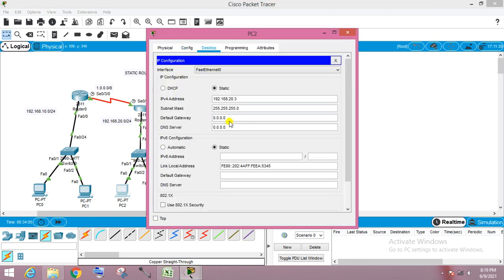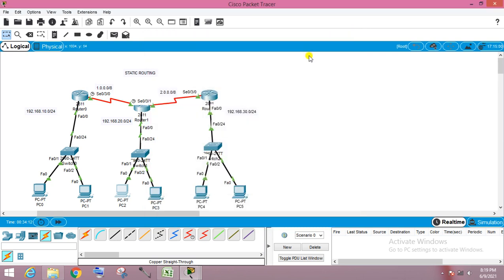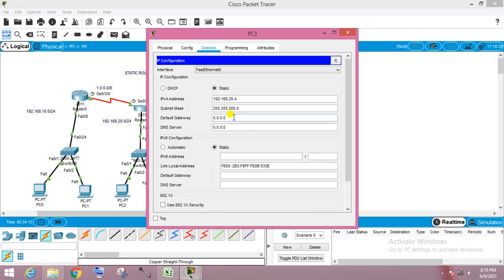Another PC, just give the same thing, 192.168.20.1. And the next one, 192.168.20.1. Then 192.168.30.1, and 192.168.30.1.